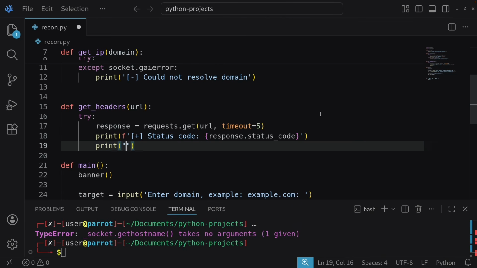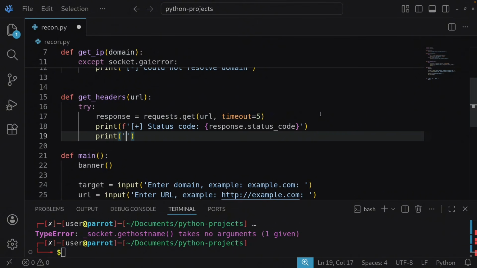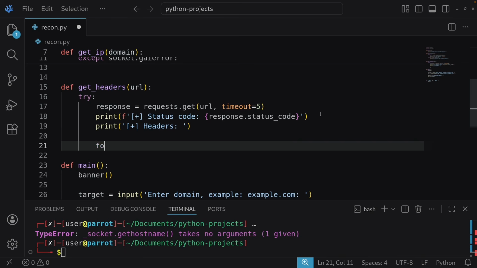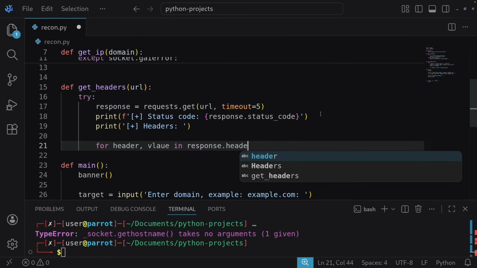just to make it clean while we are running the code here. So we could say headers like this. We can also display it like that. And then for every header, it's going to loop through that header and print the header. So we're going to say for every header value in the response headers, items,